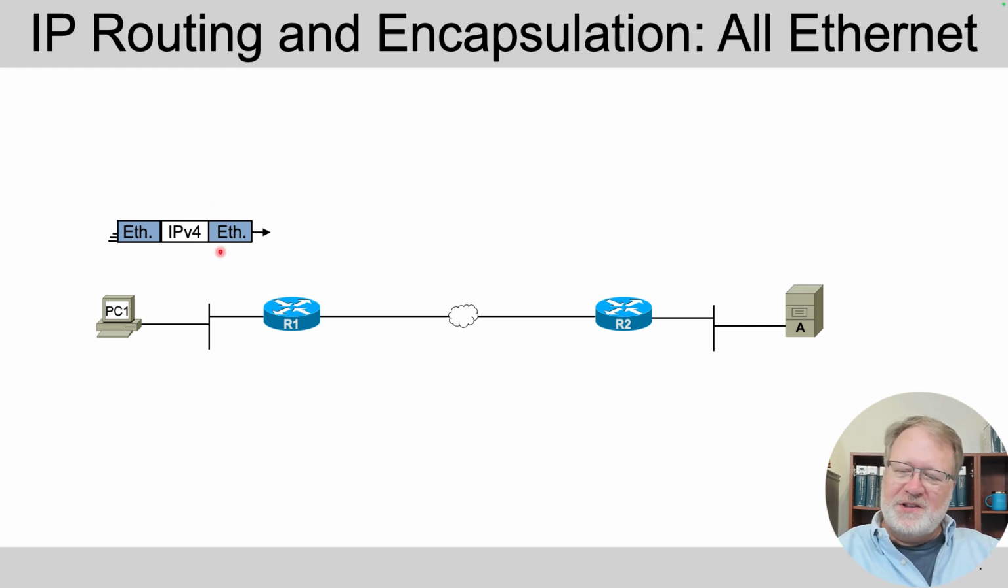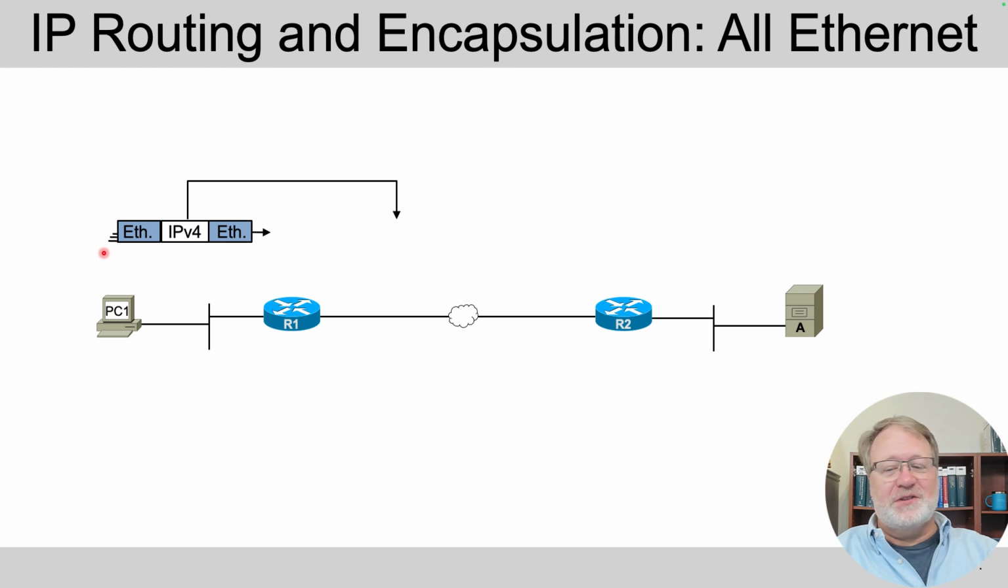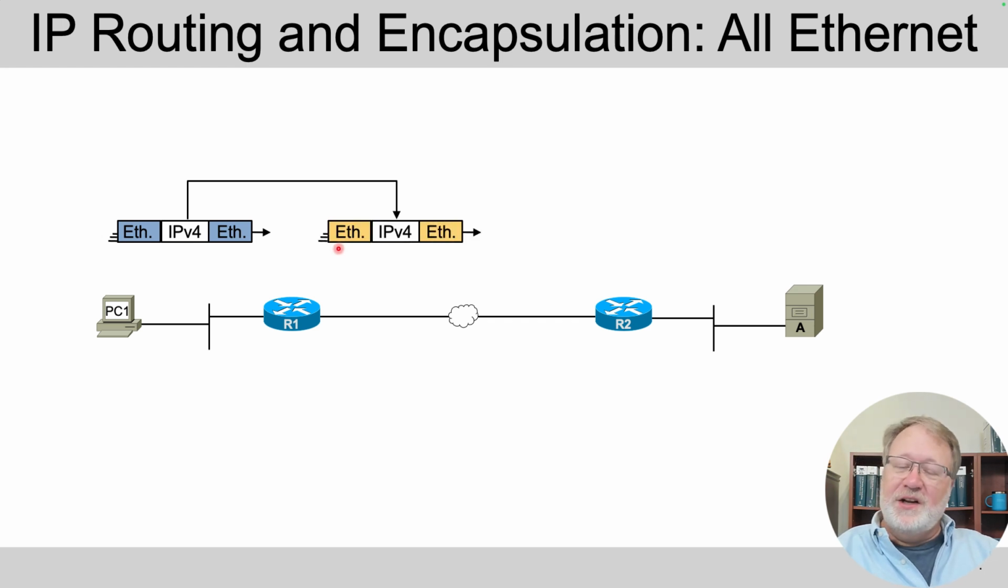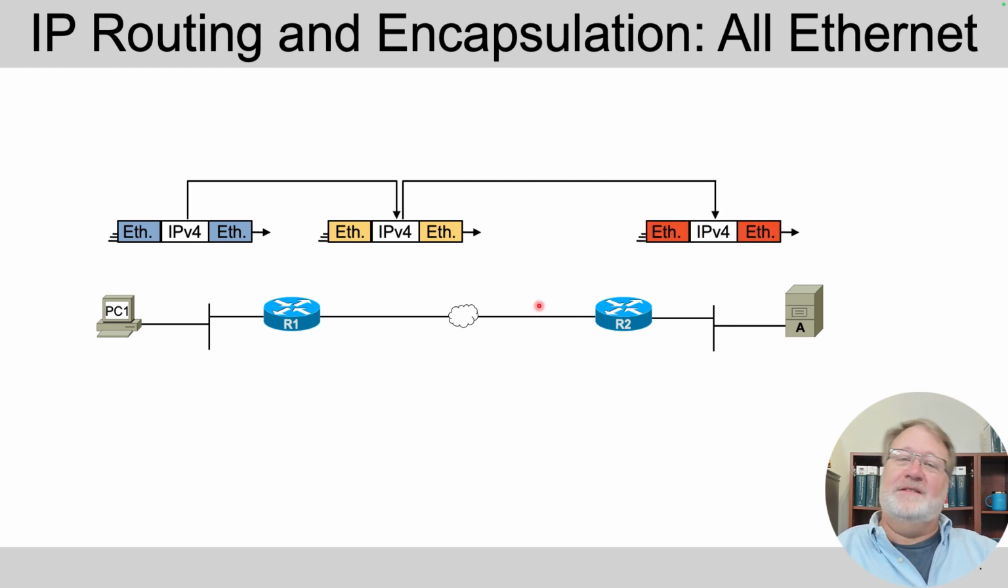The router discards that Ethernet header and trailer, makes a forwarding decision, re-encapsulates that in a new Ethernet frame, which delivers the packet to router R2, and then de-encapsulates and re-encapsulates in yet a third Ethernet frame. That all assumes here I've got Ethernet, Ethernet, Ethernet. This link in the middle, the way it's drawn, it's an Ethernet